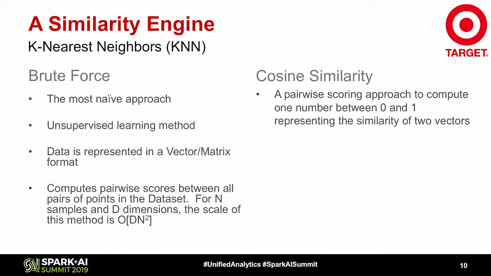So we figured that for the upper bounds on the size of the data we were working with, we could potentially overcome those scale issues just by throwing a ton of resources at it and farming it out to a Spark cluster. When you pick your algorithm for k-nearest neighbors, you also need to pick how you're going to do the scoring. We chose cosine similarity. This is a great metric that takes the angle between two vectors in a multi-dimensional space and provides a value between 0 and 1 to indicate how similar those vectors are.